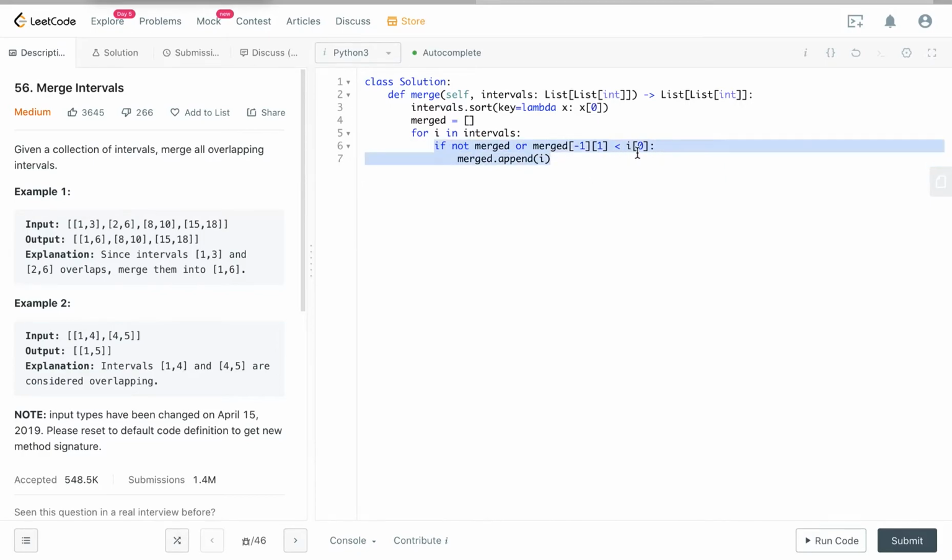So this is basically saying that if there is nothing in our list, basically we are just trying to put the first interval into our result list. Or let's see this example. So if the interval we're trying to put, the first element is even bigger than our merged list